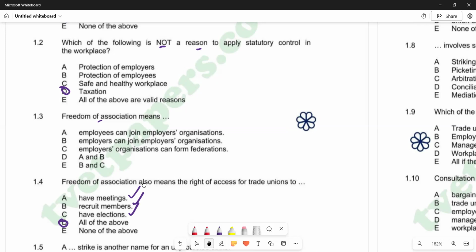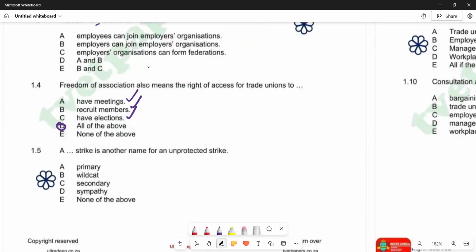Then we can go on to see the next question. 1.5 is saying a day strike is another name for an unprotected strike. Obviously, we can go through the responses that we are given there, but if you go through the responses, you're going to see that B is the correct answer that we have there, which is